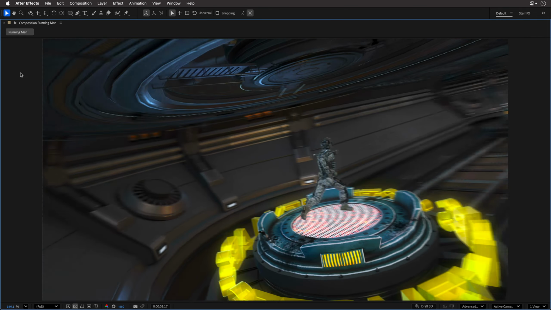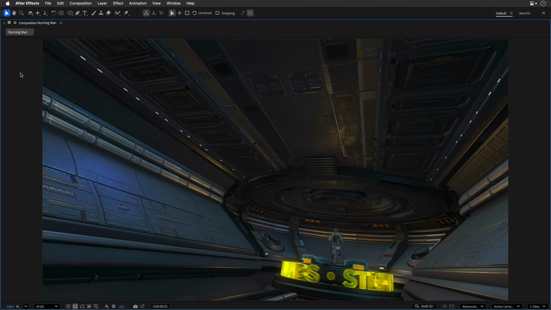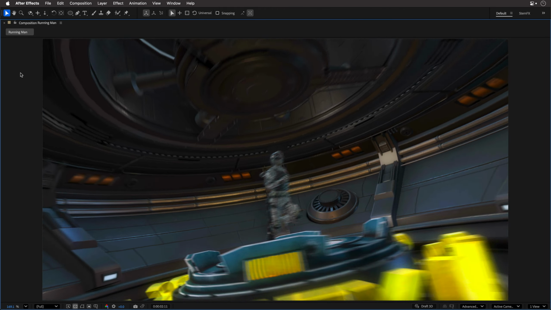From setting up your scene to solving these pesky flicker issues, you've now got a toolkit to make 3D a